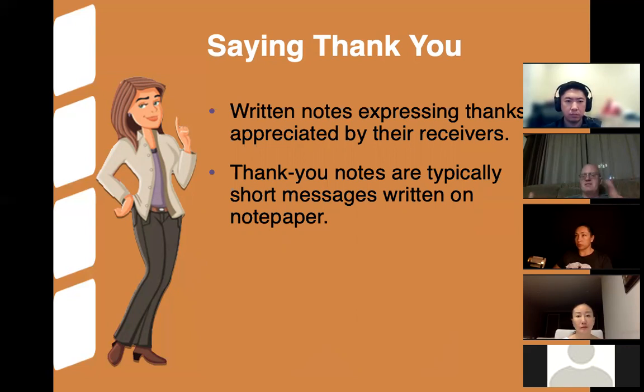This doesn't get printed by your LaserJet printer in the office. If this is really something that's sincere and special for you, then you take the time to sit down and write it in cursive and put it on a nice note card and make it a special occasion that you sent this. That's also part of being sincere and being selfless.